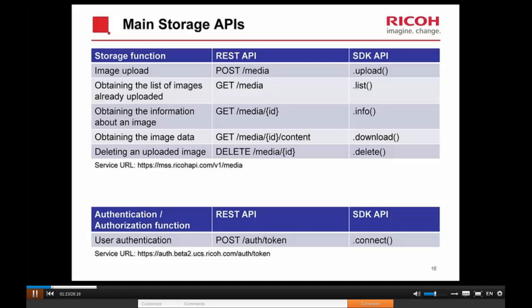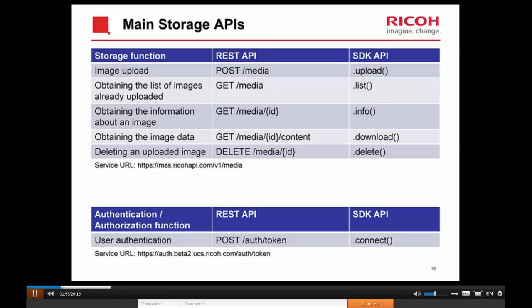The functions shown in this slide are provided through REST API, basically by using HTTP protocol, which is used by web browsers, and can be used by accessing the URL shown in the slide. For example, if you write an image identifier after /media and access the URL content, the image data for the identifier can be obtained. However, when using REST API for web, the authentication authorization procedure required to support the cloud,